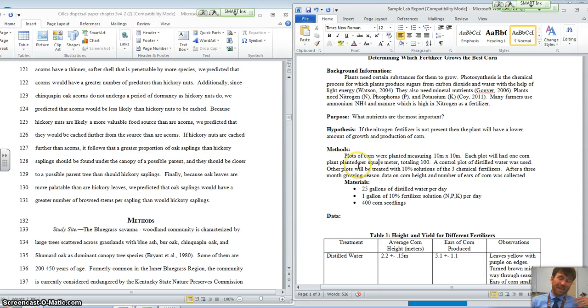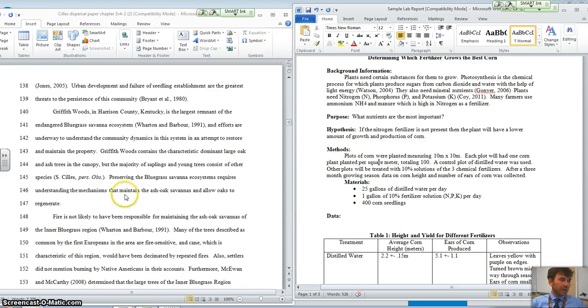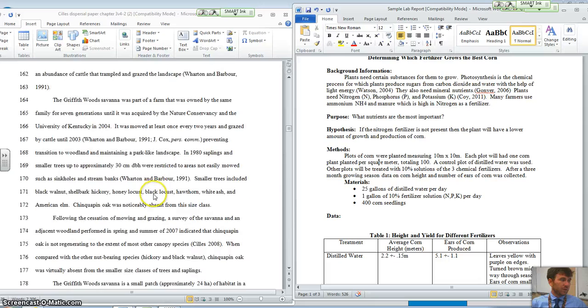People want to go for a bulleted or numbered list, like 1, do this, 2, do this. You can't do that. That's not the right way to do it. You have to have a paragraph, past tense. It's like a beautiful science story about what you did for this experiment. And if I can show you